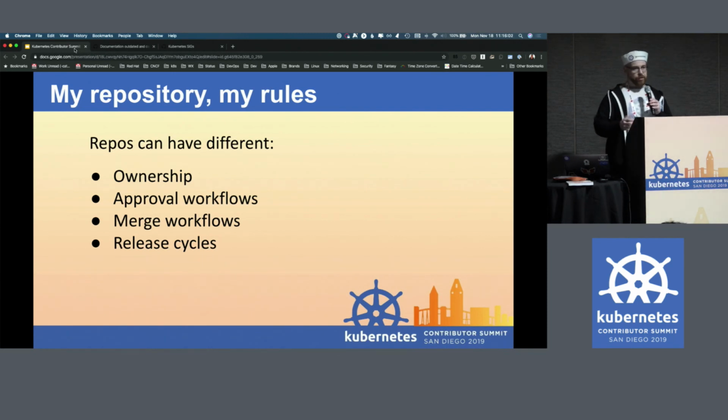And as for how the SIGs have their own processes, each repo, each subproject might have its own set of rules regarding ownership, approval workflows, and that sort of stuff. You generally will see the same stuff in the Kubernetes repo, but the little subprojects in Kubernetes SIGs might be a little bit different.